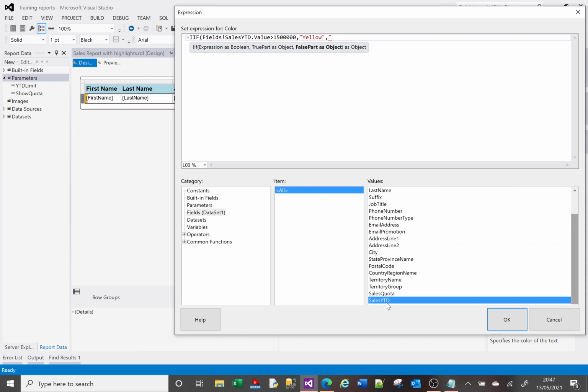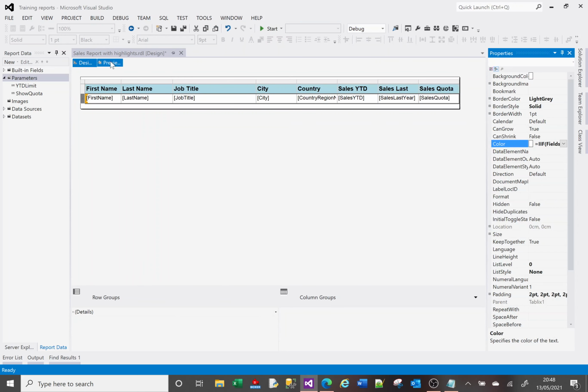Else black. And then remember, end bracket. If you don't put an end bracket, this will have a horrible red underline here because there's something wrong. When you complete it with an end bracket, it's happy with the format, and that will work. And now if I go back to here,